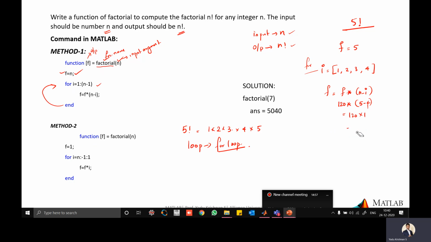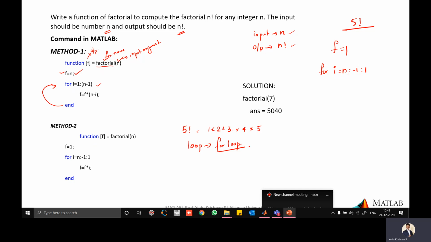Now I'll explain one more for loop. Here we introduced the f value equal to 5, that is called initialization. Instead of that, I can initialize f is equal to 1. There is a small change then. In that case, your for loop should be different: I equal to n minus 1 to 1.